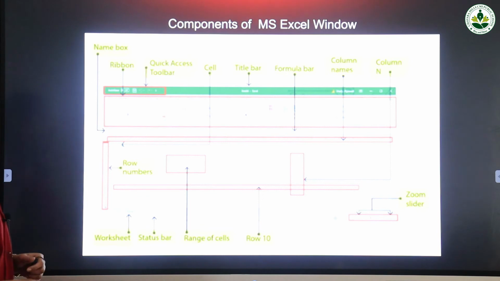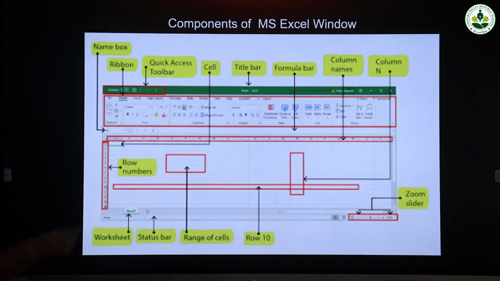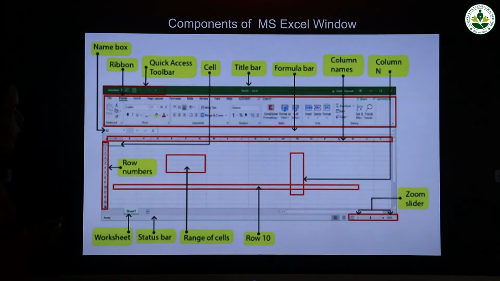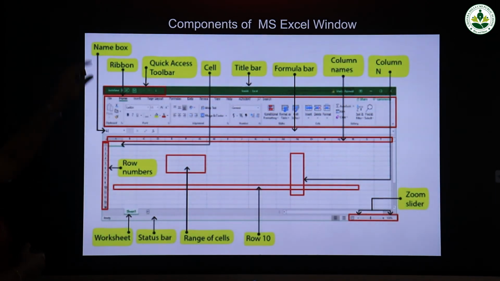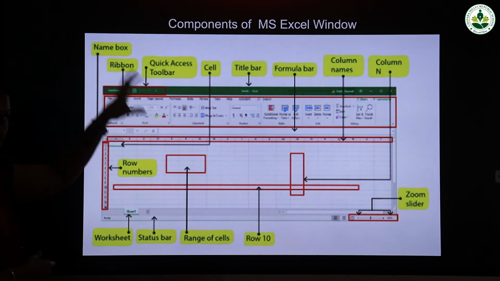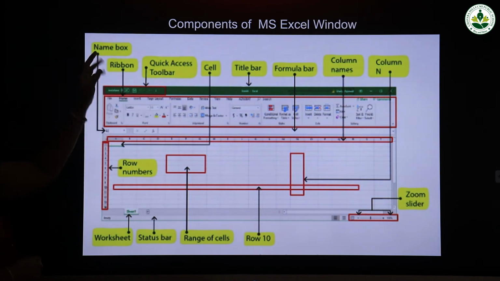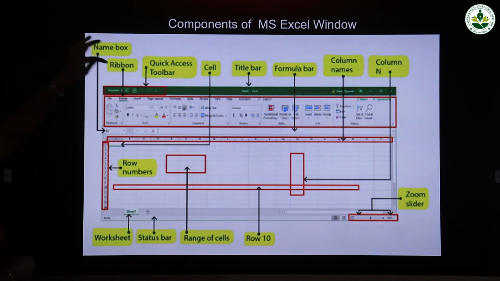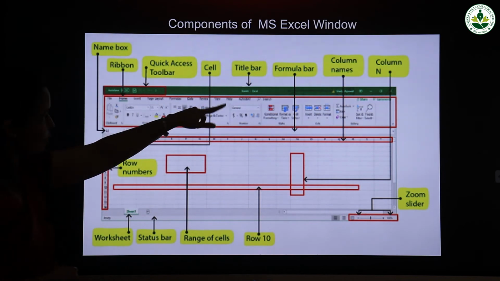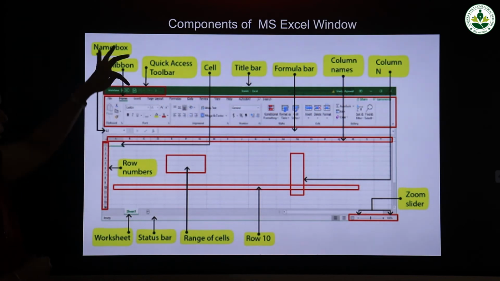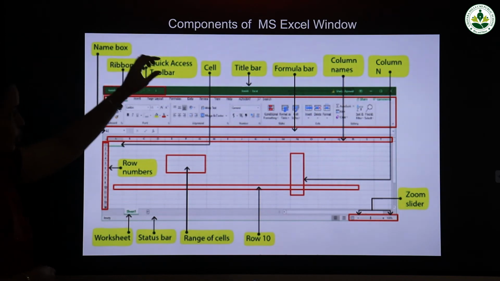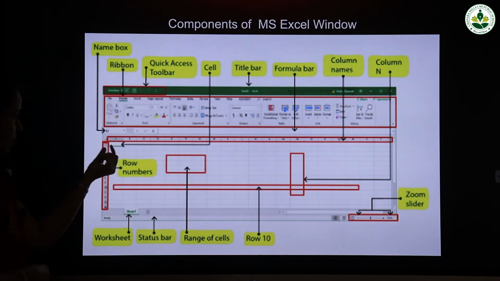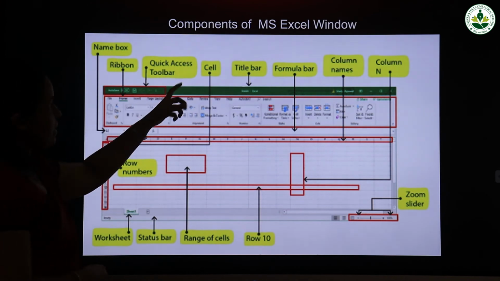Components of the MS Excel window. This is an MS Excel window, and these are the components. The first one, this is the name box. I will show you all these things in the Excel worksheet. This is the name box, and this portion is called the ribbon, and at the top leftmost corner you can see the quick access toolbar, and this portion is called a cell, and this